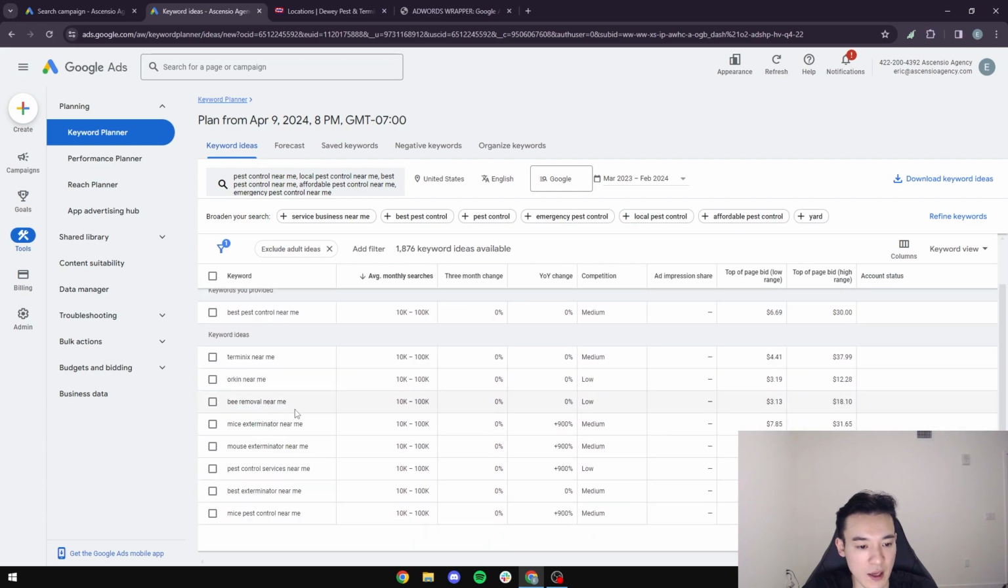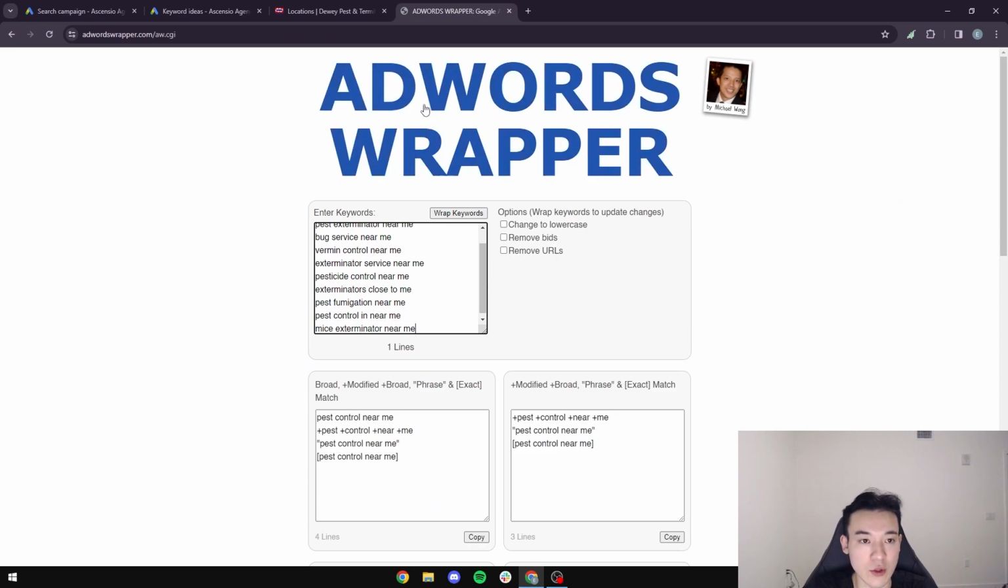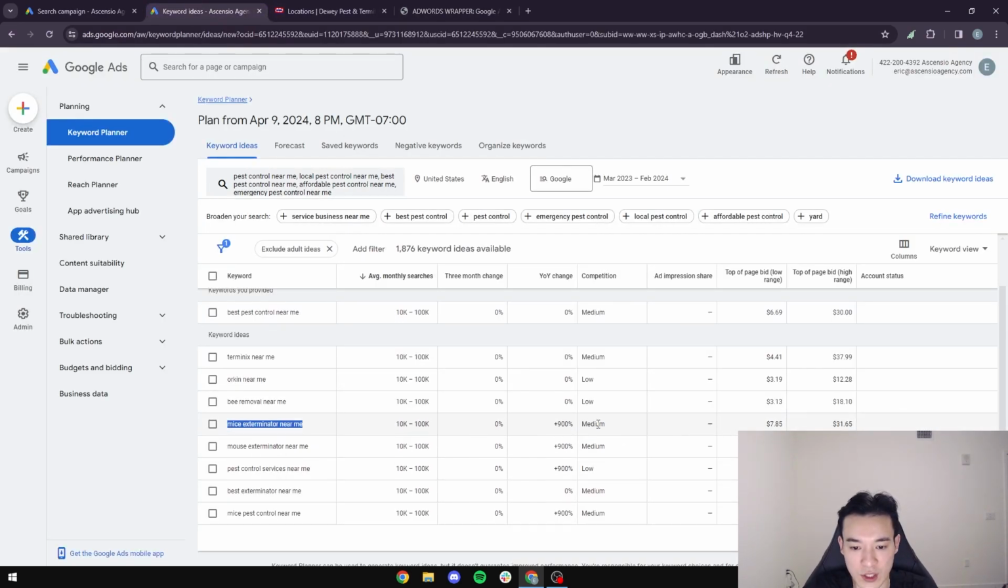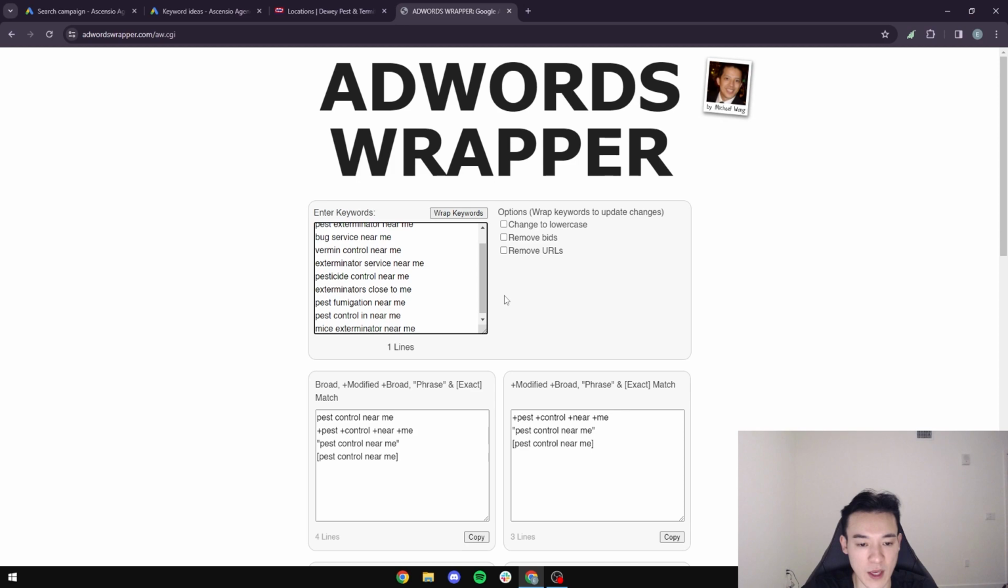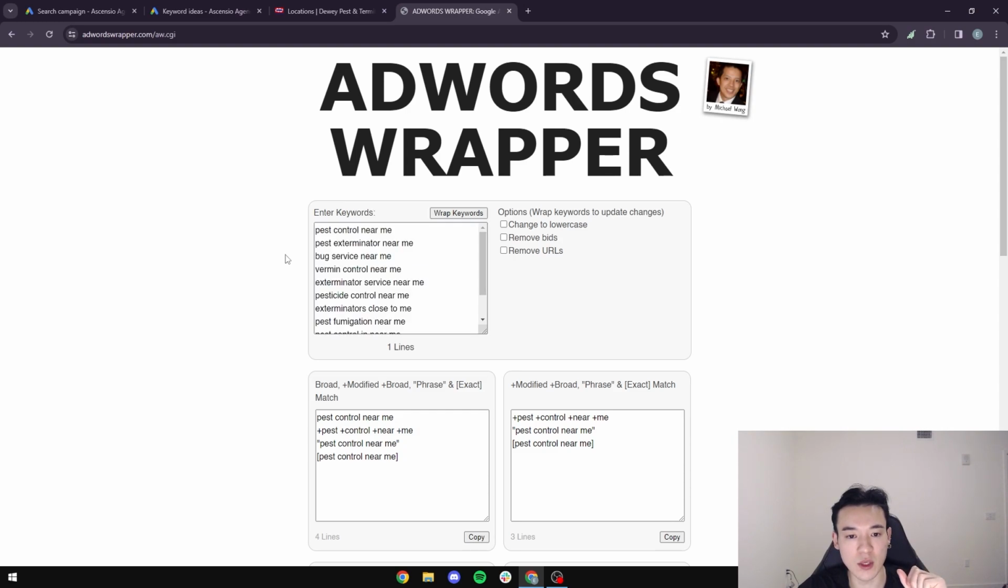We can say mice exterminator near me. That's another one that we could do as well based on the search here. Maybe we can say pest control services near me as the last one. Beautiful, right? Now that we have added all these keywords that we want to use,